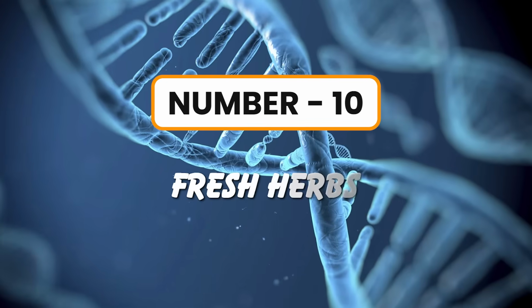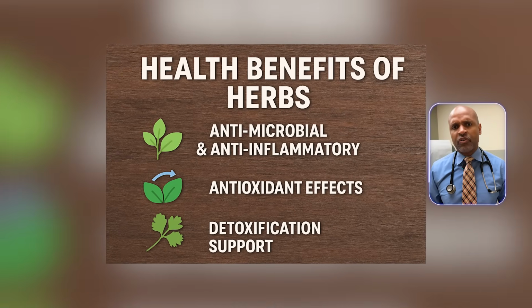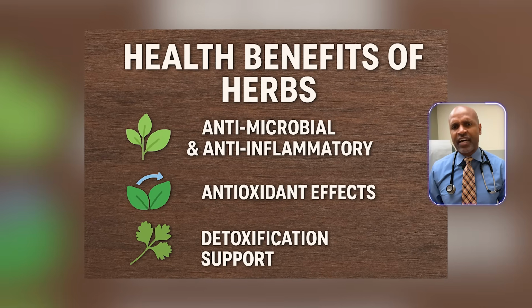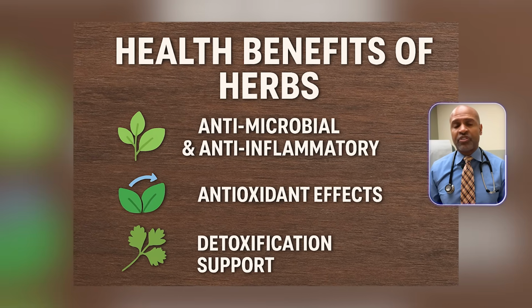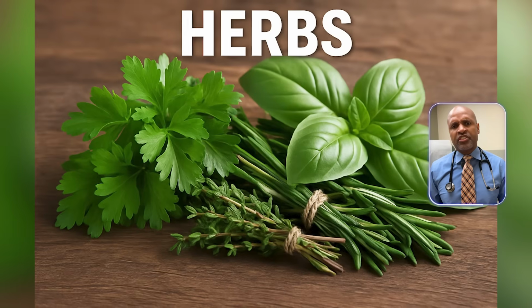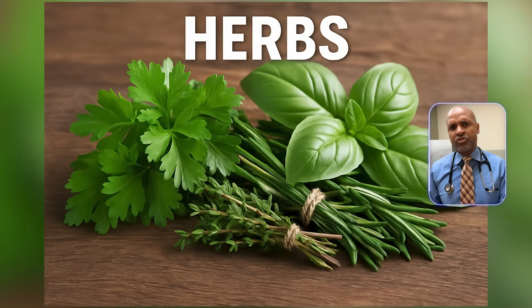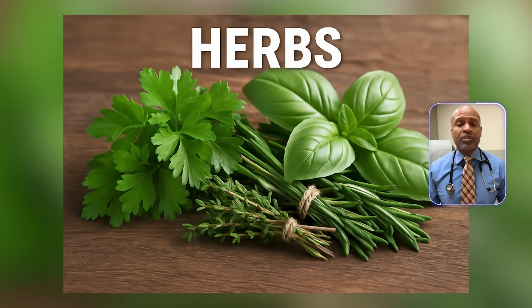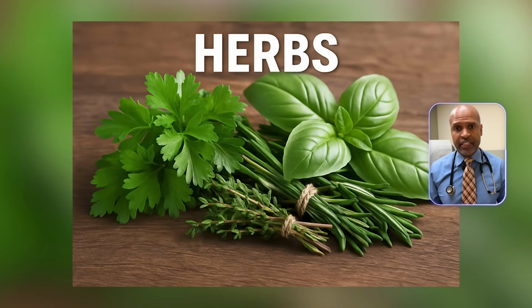And number 10, fresh herbs like parsley, cilantro, rosemary, basil. Tiny but mighty. Mechanism: herbs are loaded with polyphenols, flavonoids, and volatile oils with antimicrobial, anti-inflammatory, and antioxidant effects. Cilantro supports heavy metal detox. Parsley is rich in apigenin, which may reduce anxiety and modulate estrogen. Rosemary inhibits lipid peroxidation, which protects your cells from damage when cooking fats. Here's the bottom line: a little sprinkle goes a long way and may help you stay on plan by making